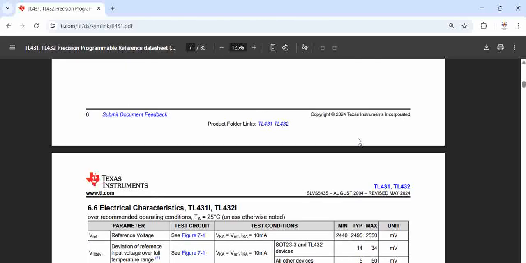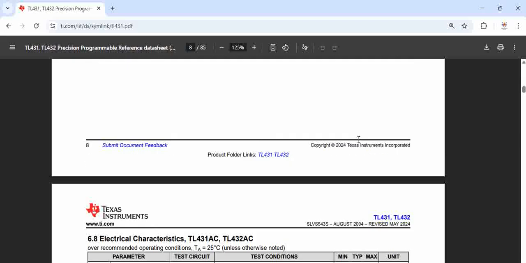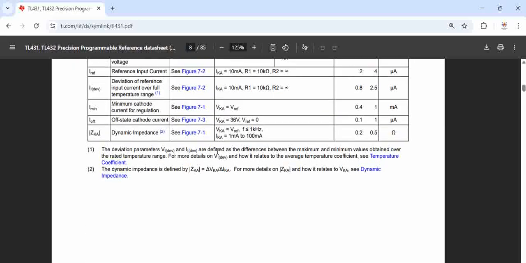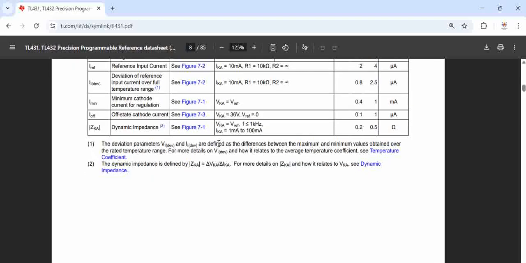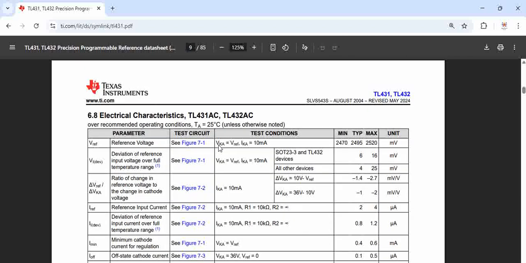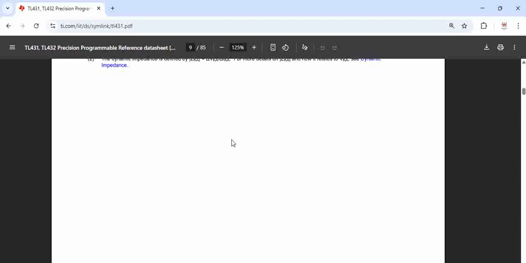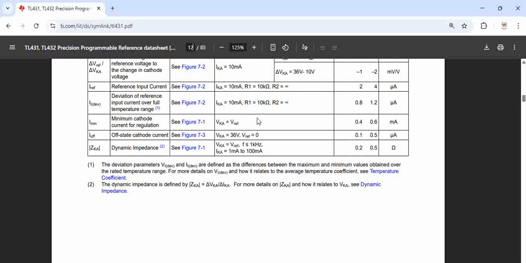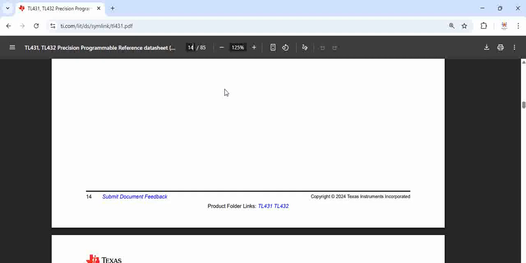Okay, so these are the important specs, and you can see various devices TL431AC, TL431Q. So as we talked about the tolerances and the output accuracies, right? So based on the output accuracy you select the part number. Now apart from this, one more important parameter we need to know is, let's just scroll down the datasheet, or